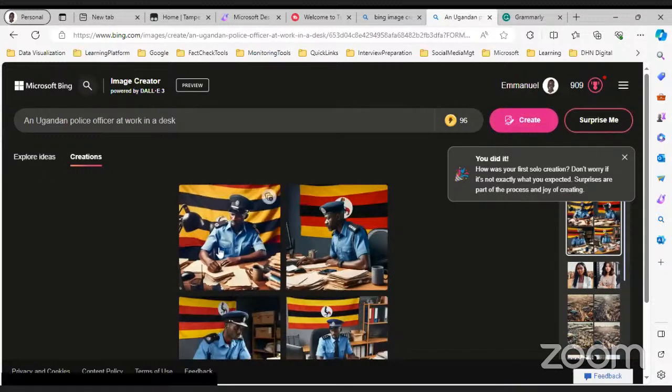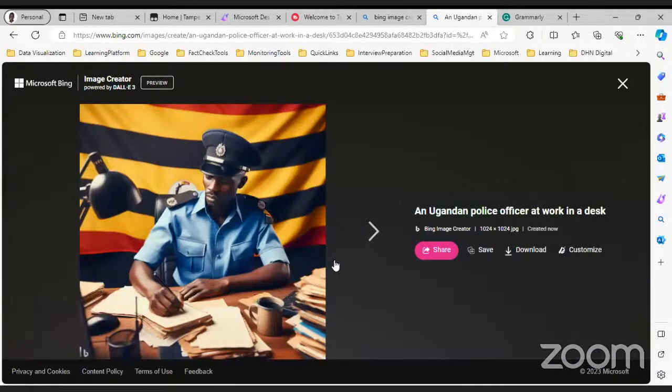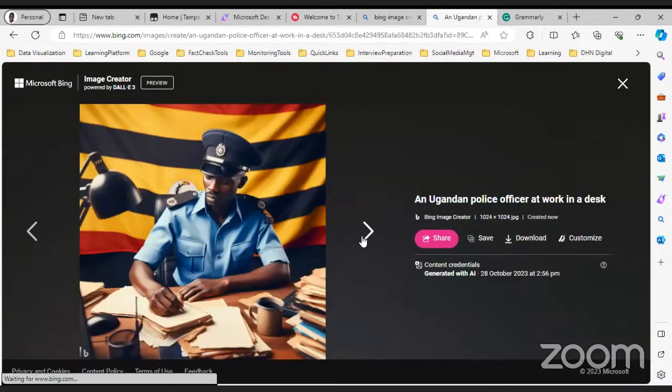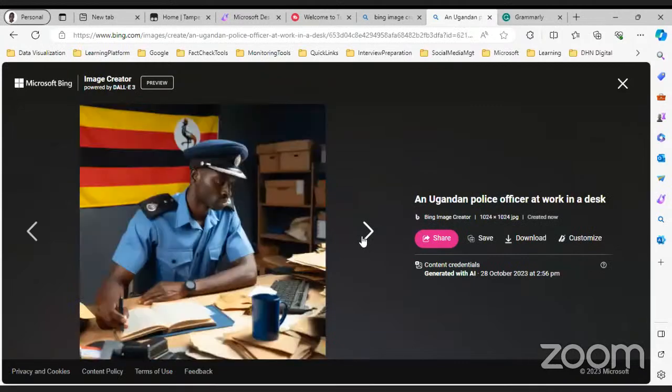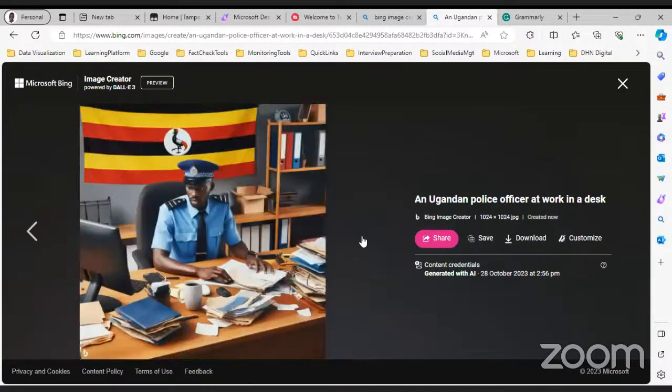Yeah, you see here the Ugandan policeman at his desk. There's coffee, there's blood. You see? So that is how it works when it comes to image creation.